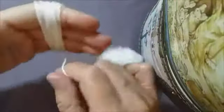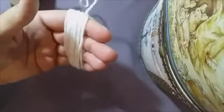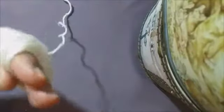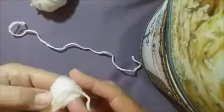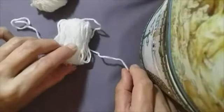So I'm just going to make it pretty thick, but not big. So I've wound it around 50 times, and now I'll just cut it, and then cut a long piece of yarn, extra yarn, and just put it down like that. And I'll take it off my fingers, put it in the middle of this piece of yarn,